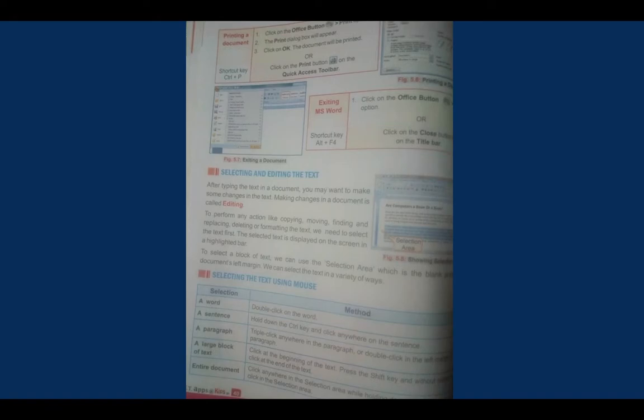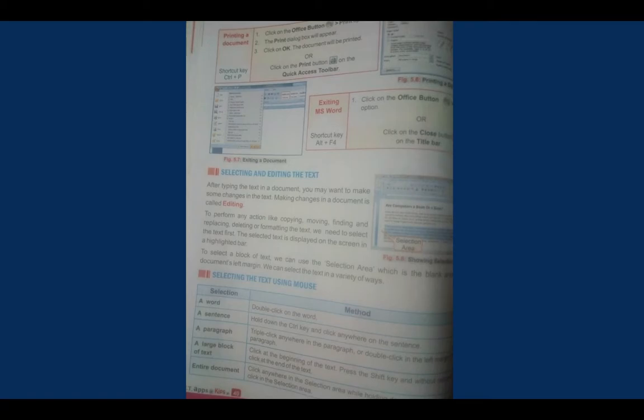Okay, now how to select the text? You want to select a word, you want to select a sentence, you want to select a paragraph. Sometimes it happens that you want to highlight only one word. It is very important and you want to highlight that. So you are selecting a word and you can highlight it. So that is called editing the text. Okay. So in this page you will learn how to select a word, how to select a sentence, how to select a paragraph, how to select a block of a page, and how to select an entire document with the help of a mouse. Fine.